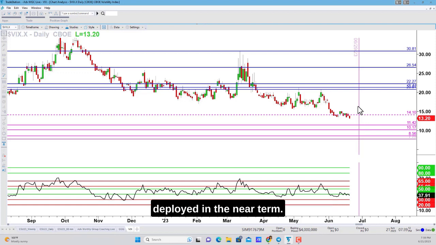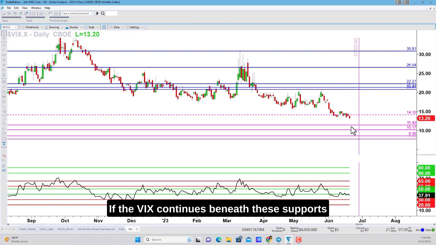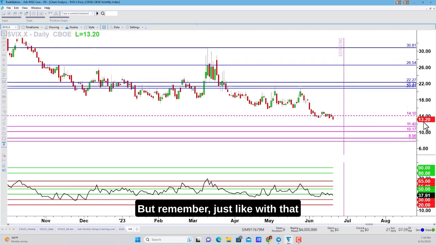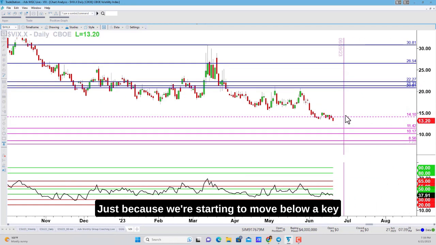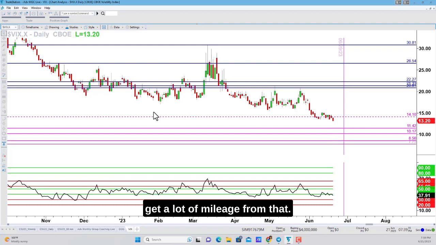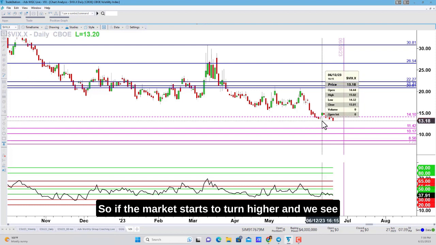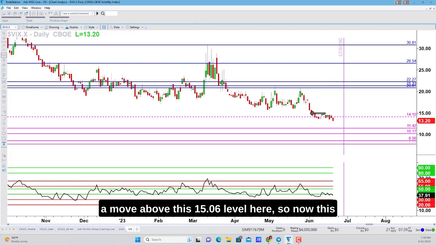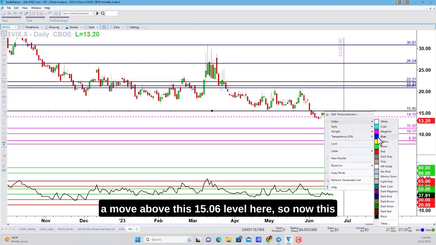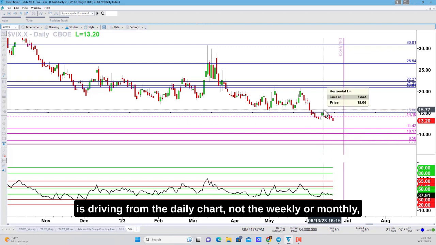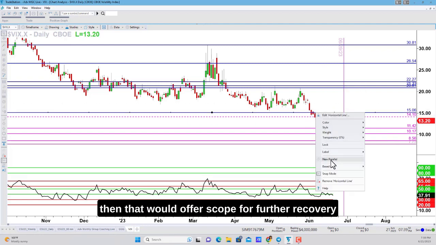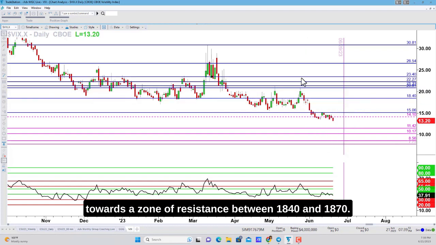In the near term, okay, if the VIX continues beneath these supports we identified from the weekly chart, that's where I think we're headed. That would be great news for the broad market, that we're potentially on the verge of a turn higher. But remember, just like with that monthly candle that's not done, just because we're starting to move below a key level in the VIX doesn't mean we're going to get a lot of mileage from that. So if the market starts to turn higher and we see a move above this 15.06 level here, so now this is deriving from the daily chart, not the weekly or monthly, then that would offer scope for further recovery towards a zone of resistance here